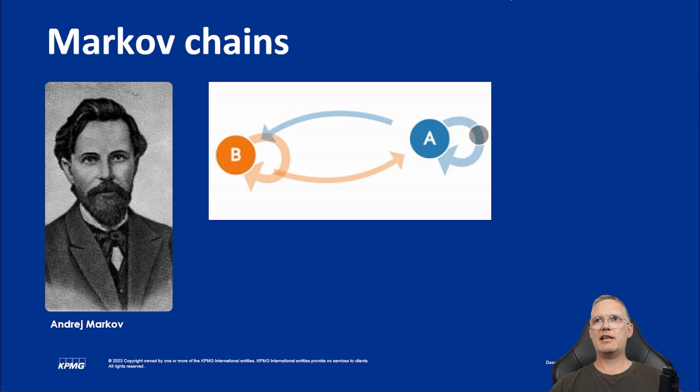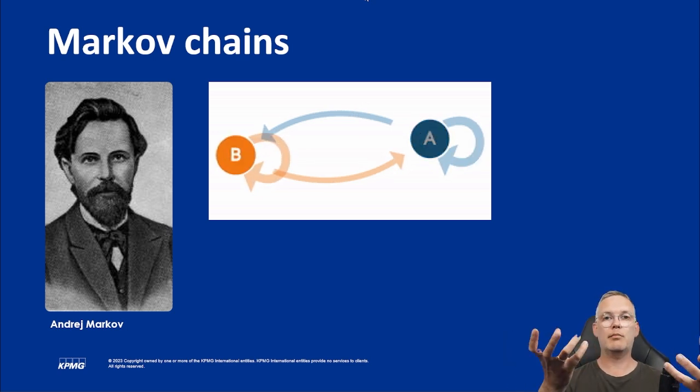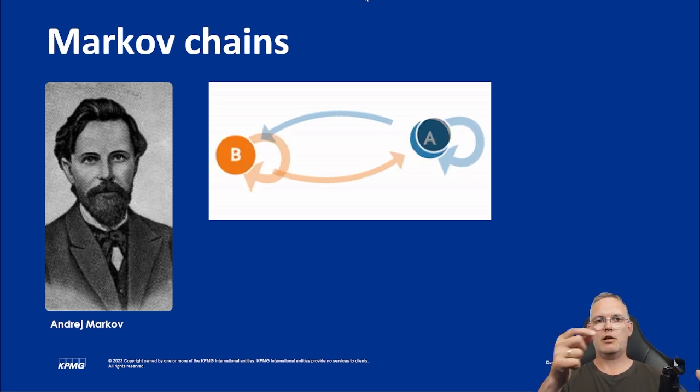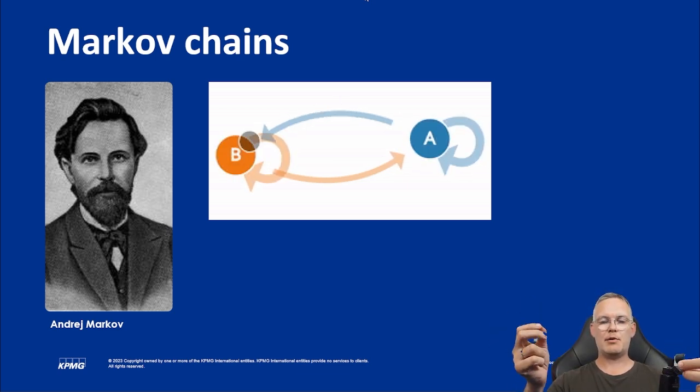A Markov chain is, let's say, two boxes of pebbles. Let's call them A and B. In a mathematical sense, they're called states. You have two states, and you have pebbles in both. So if you have a ratio in one and a ratio in the other one, you can perform the same experiment, but say that